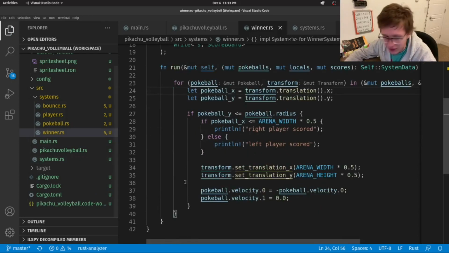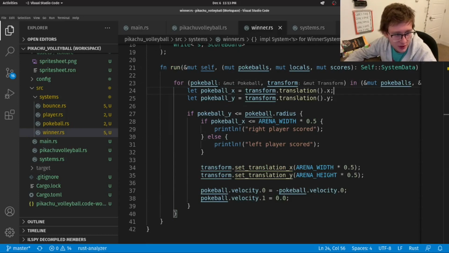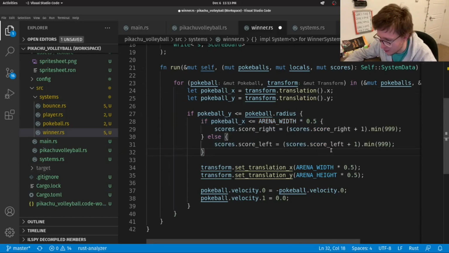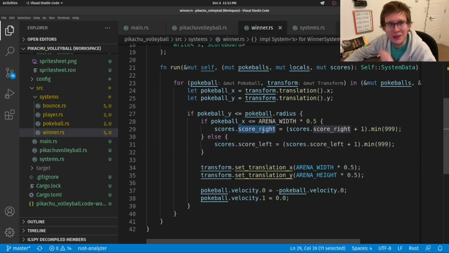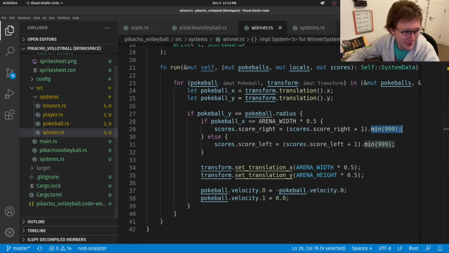Now, instead of printlining the score, we'll increase the value of our score, right and then left, right? So let's replace the if that we currently have with this. Now, if me mumbling didn't make any sense, hopefully you've seen the code, it makes more sense. I get score right, and then I increase it. Oh, and I'm setting a maximum value of 999 just so that it doesn't overflow the screen, and I don't think anyone's gonna play our game for that long.